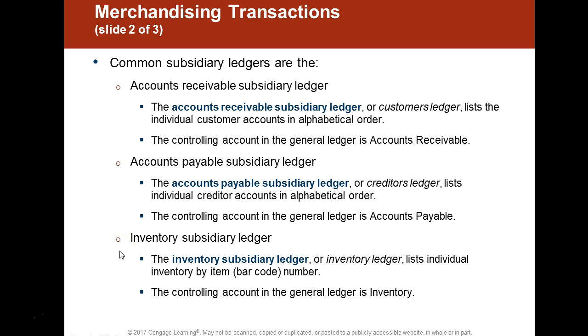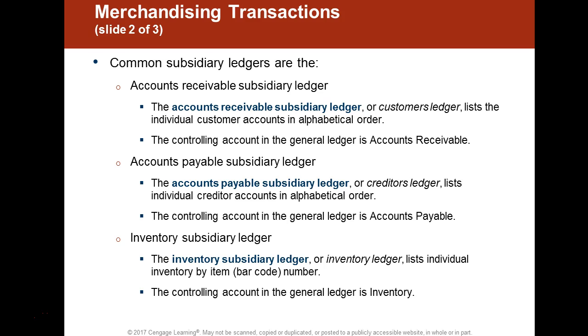Also, you need to make note of the different types of subsidiary ledgers. Remember, the accounts receivable ledger is going to be a customer ledger. It's going to give you a lot of information specific to the customers that you have: who the customer is, what they purchased, when they purchased it, the amount of the sale, that type of information. Very, very detailed. Whereas when you see the financial statement, you're only going to see a total number that shows what the customers owe you.